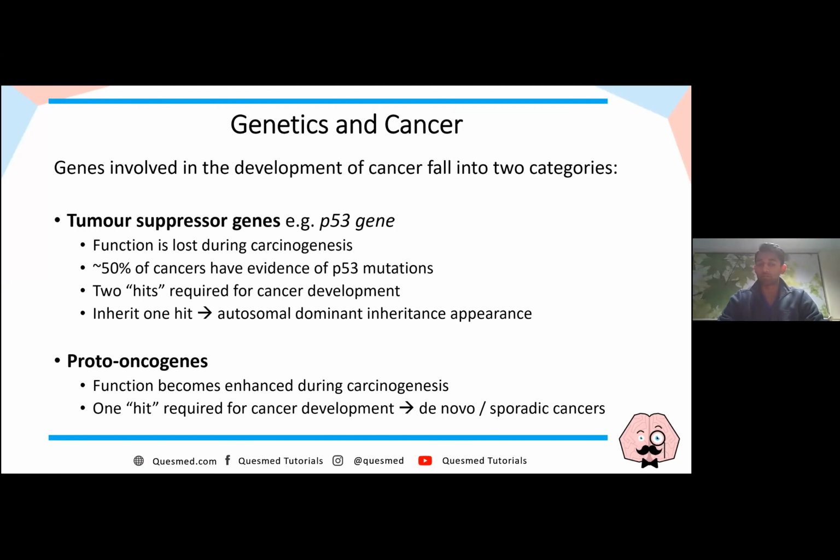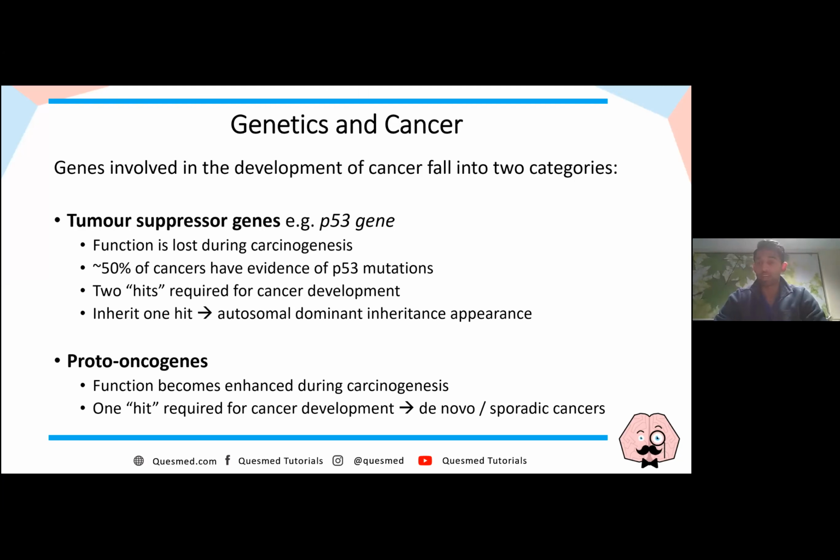Proto-oncogenes refer to genes which encode proteins that in some way promote cellular proliferation or growth. And these are normal genes. Okay, we need these in several periods of our life. So embryogenesis, during childhood, and even in adulthood when we need to regenerate and repair given tissues. In general, you only require one hit or one allele of a proto-oncogene to be affected to generate cancer, because